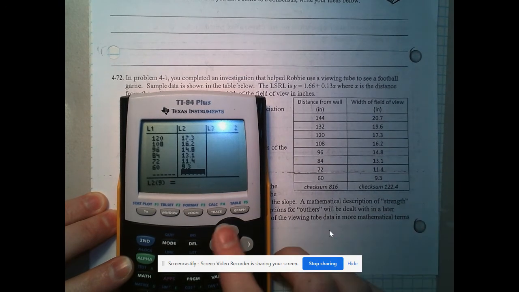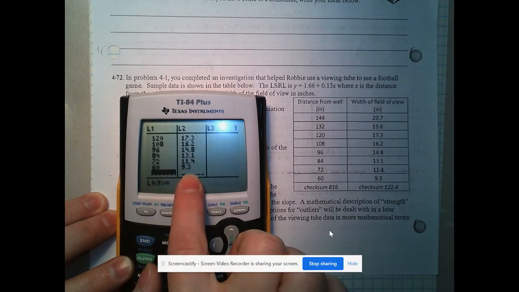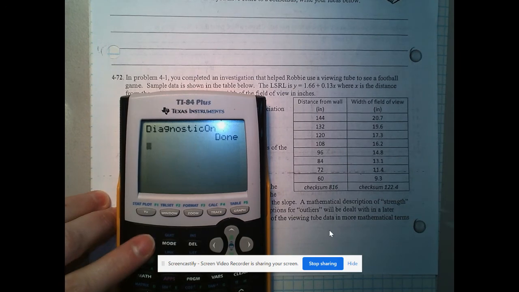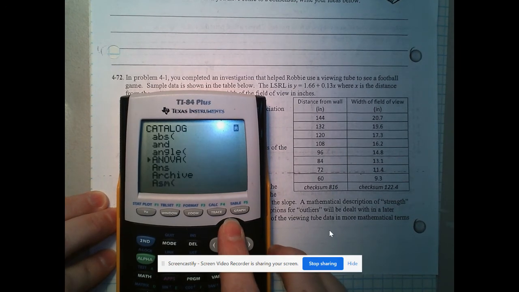And I've got 8 pieces of data. You'll notice that they match up with each other, so that's good. I do have the checksum that I can do if you want. Second catalog. And remember, we wanted to go up because we were finding the sum of the set of data,